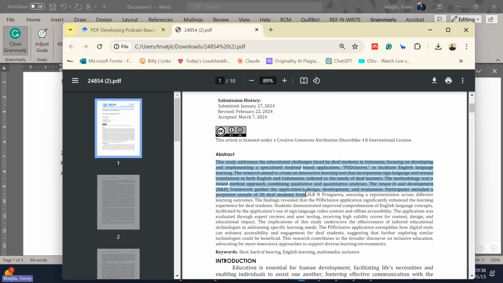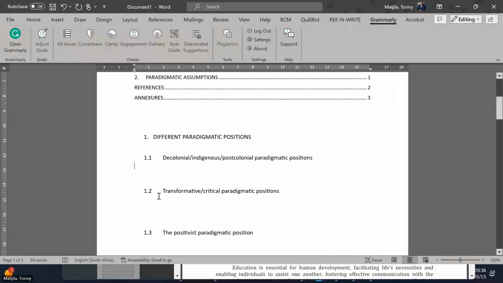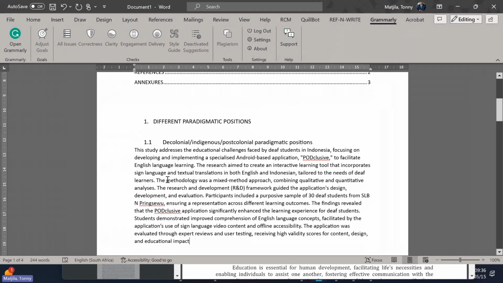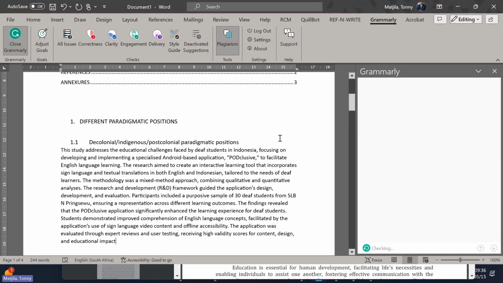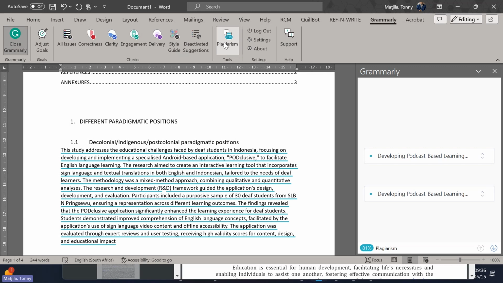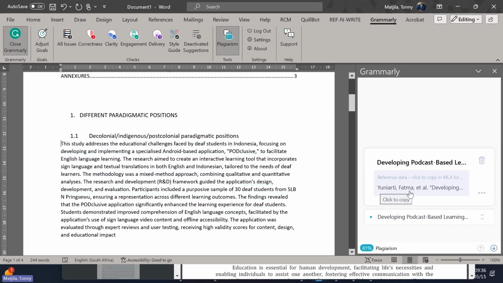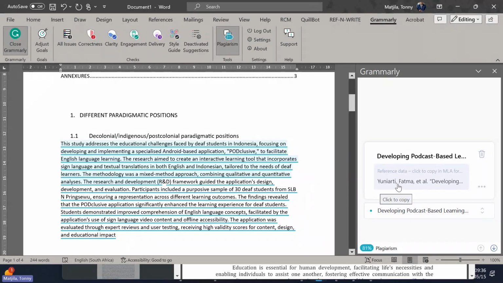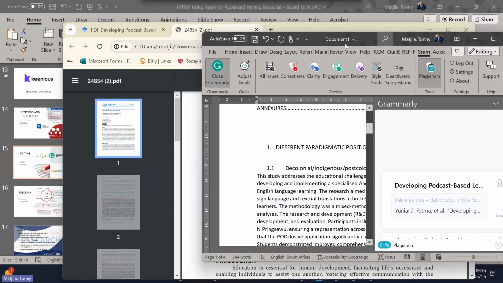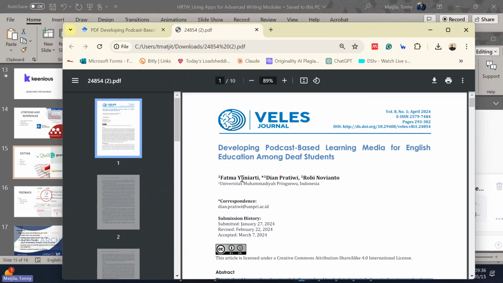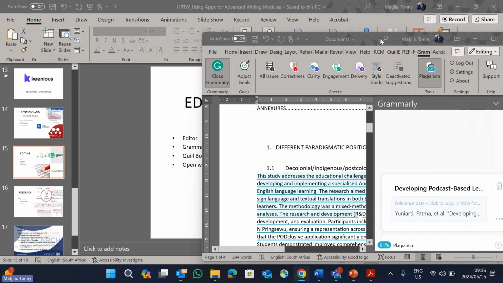So let's test it. So if you are under pressure and copying and pasting, which is wrong, this thing will pick this up for you. So this is copy and paste. You didn't study, you just copy it and paste. And that's how Turnitin is going to pick a lot of similarity for you. So already you can see plagiarism, it's 81, and it can show you where you have taken this lot of information. You can see Unity, Fatma, and this is our authors, Unity, Fatma. So it is a great tool that you can use,